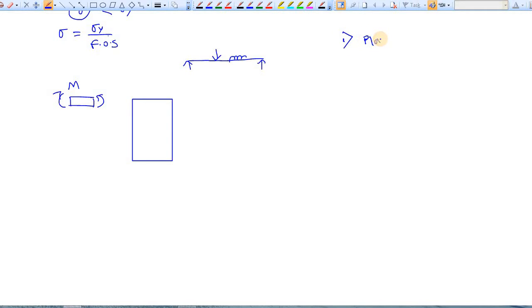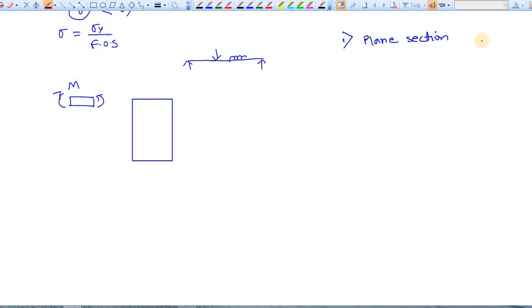Okay, now let's move further. Let's say this is the beam which you need to design, and here there are some loads, and due to this load at any section there is a moment. Let's say this is M, and consider the cross section. Let's say this is a rectangular cross section. You know that the assumption in the theory of bending is that plane sections